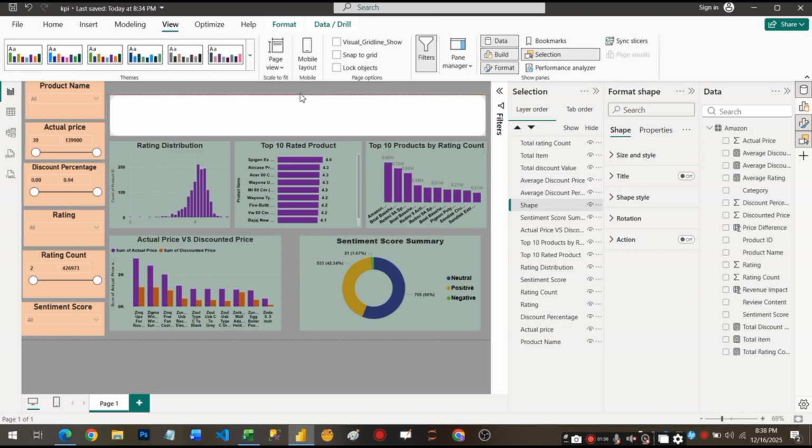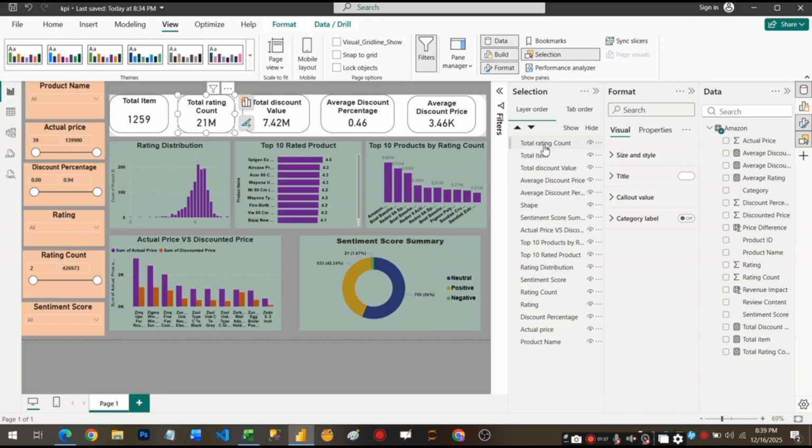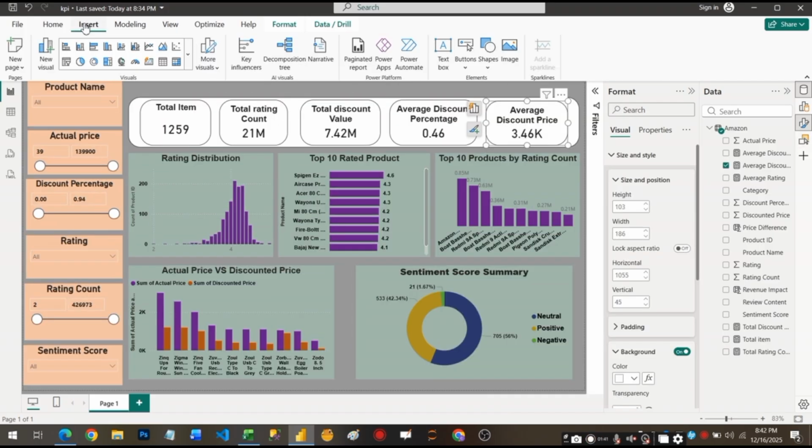Each KPI has enough breathing room, making the values easy to read without feeling crowded. I also made sure the KPIs are properly aligned horizontally and vertically. Consistent alignment helps the dashboard look clean and professionally designed. Once everything is positioned correctly, the KPIs sit on the shape, creating a clear focal point at the top